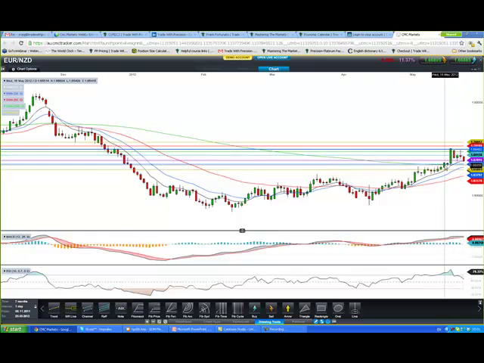Now, this is a very early stage to be looking for possible shorts here, but that level cannot be sniffed at. You've got to see that level. You've got to be aware that it is there. You've got to see what price is actually showing us here. We've hit that level, and we're rolling over.